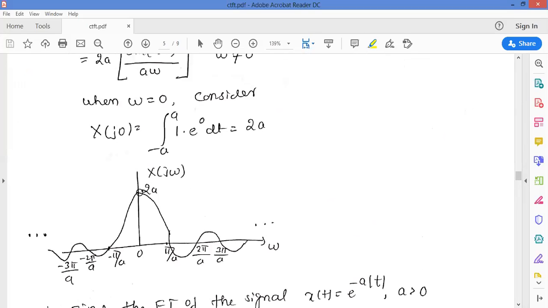So when omega is equal to 0, you have maximum amplitude of 2a, and it gradually decreases as omega increases and approaches a sinusoidal format with a decreasing amplitude. And this is a very popular wave in signal processing. So the Fourier transform of rectangle of t is equal to SA of t. SA is a function which will be sine of x by x format. Any doubt here? Are you able to follow?